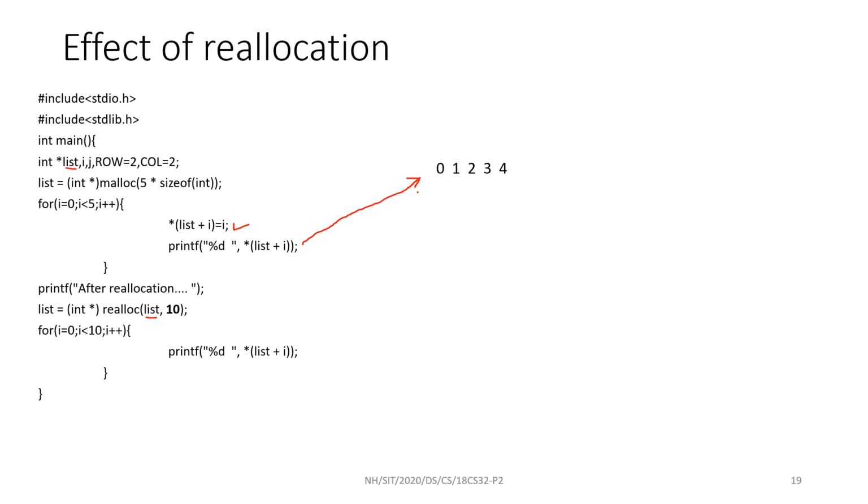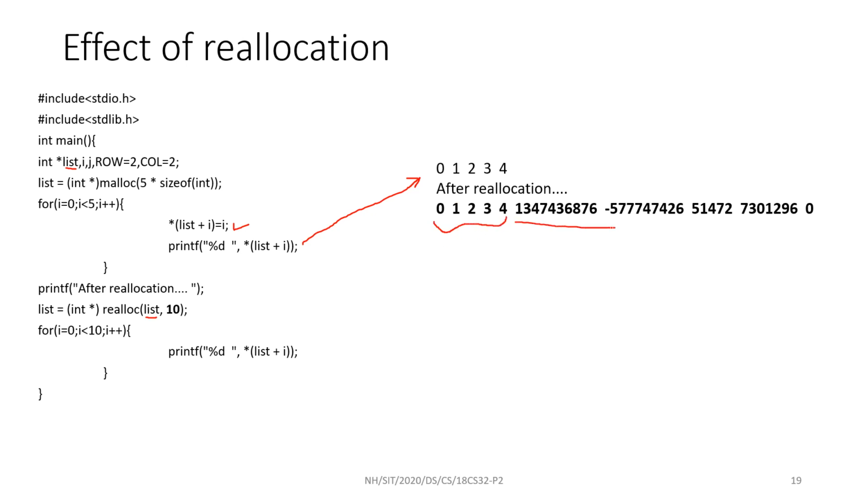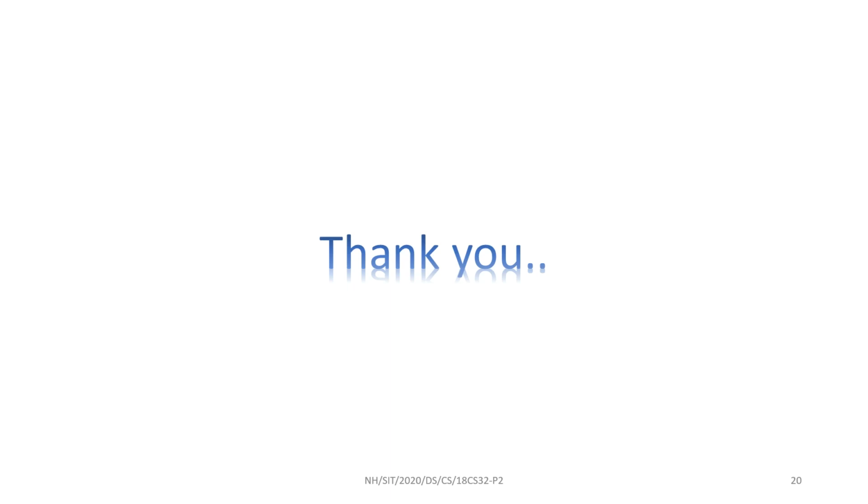See the situation. When you add it now, the old data is retained. This is the old, this is unchanged. These are garbage, you can use them for any other purposes. This is newly allocated, and this is the old one. So these are the topics that you should know before seeing arrays. Thank you for listening.